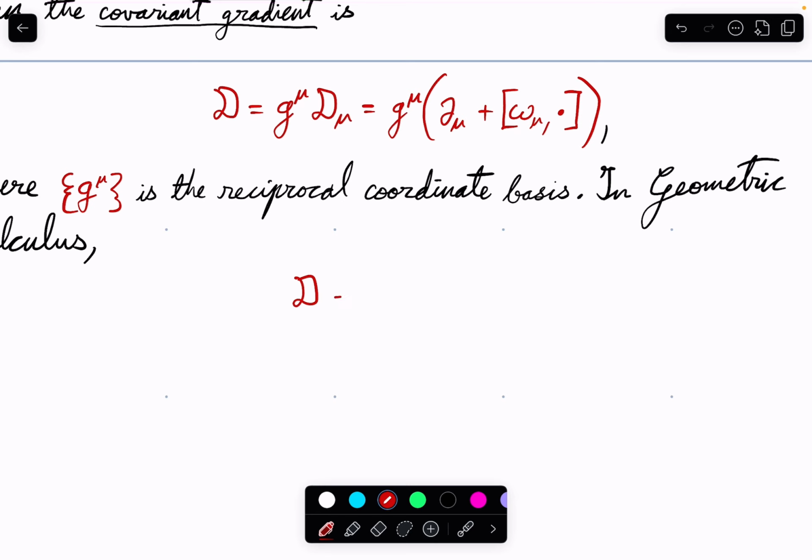We have d is going to be equal to the derivative, or the gradient, with respect to a. So a is an arbitrary vector, and then we get the spacetime gradient dotted with a. So now the spacetime gradient in the direction of some arbitrary vector a plus